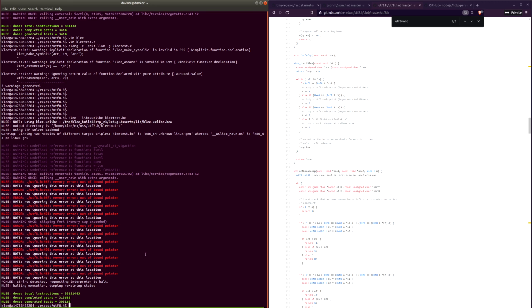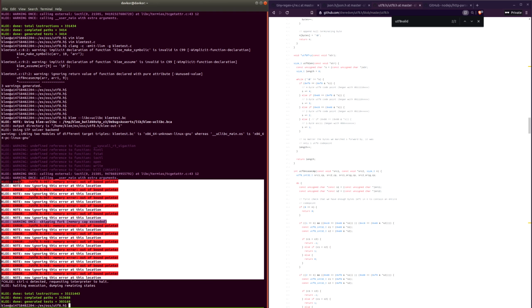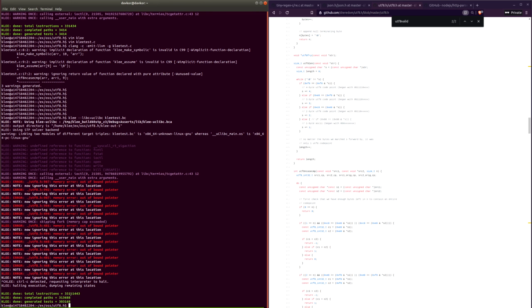And what you can see here is the results from KLEE. First and foremost, it explored around 300,000 paths, and it found 12 different instances of a memory out of bounds access. So that's quite a lot of different memory out of bounds accesses, and I can imagine that these are actually